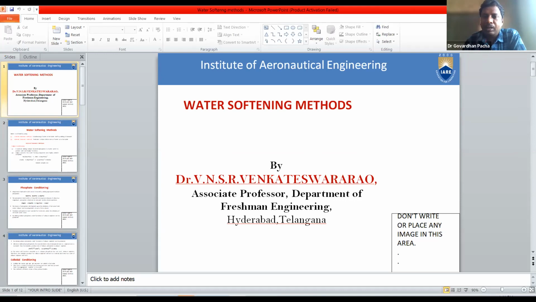In the other method, water softening takes place before entering into the boilers. So that is called the external treatment method. Simply, treatment is done before entry of the water into the boiler. But as per our syllabus, we have only the external treatment method, and the example of the external treatment method is the